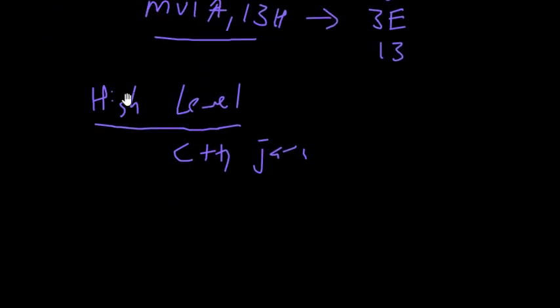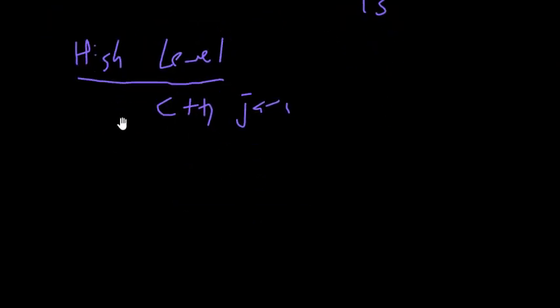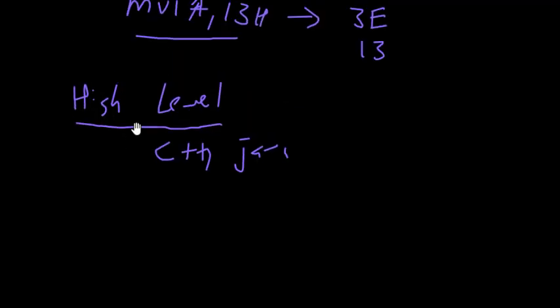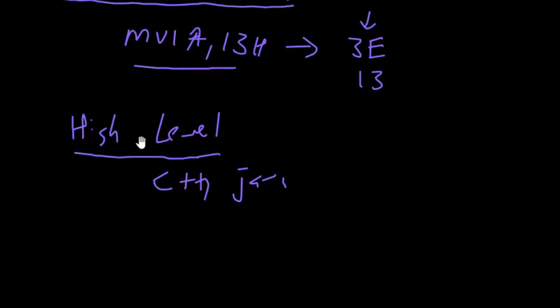Let us see one example where we can compare these three languages, the machine language, the assembly language, and the high level language, and we'll understand how difficult it is to write the program in machine language as compared to assembly language. And of course, high level language is much easier, much simpler, and easy to understand, because it is written in very simple English words, and a compiler is available, so we can easily find the errors.